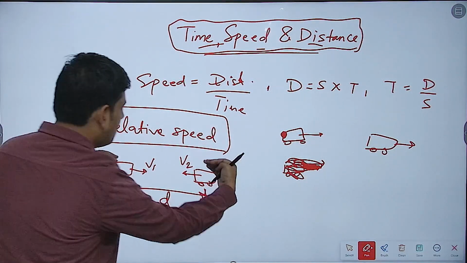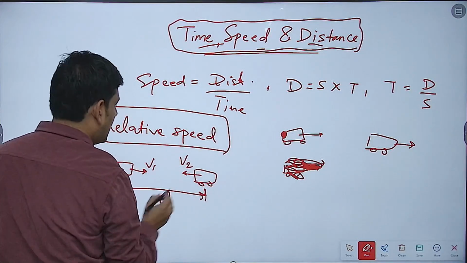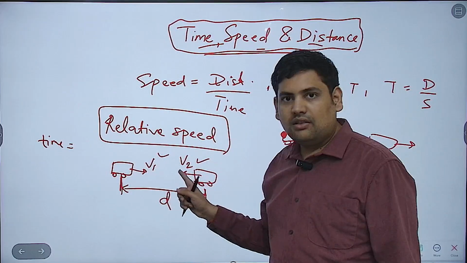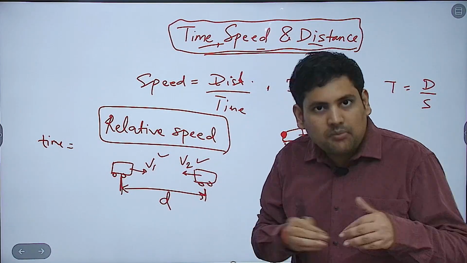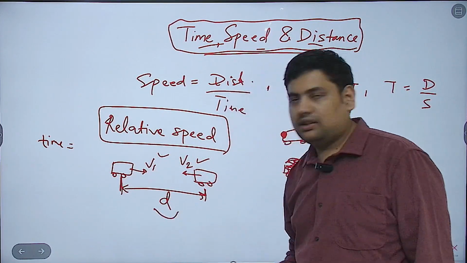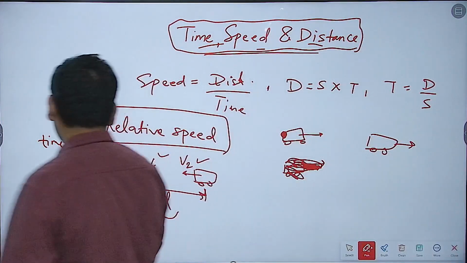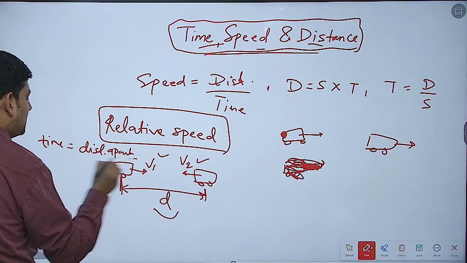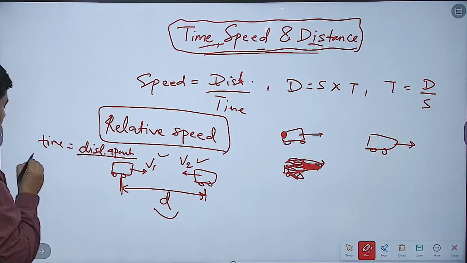Both of them are moving towards each other, so the motion of both cars is getting combined to cover this distance. That's why the time to meet, in how much time they will meet,